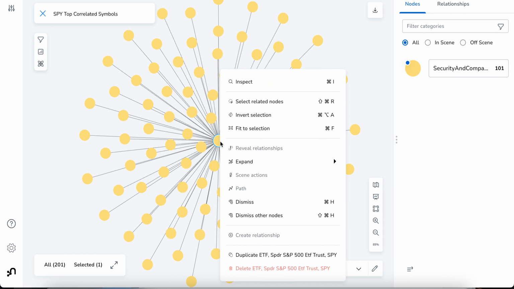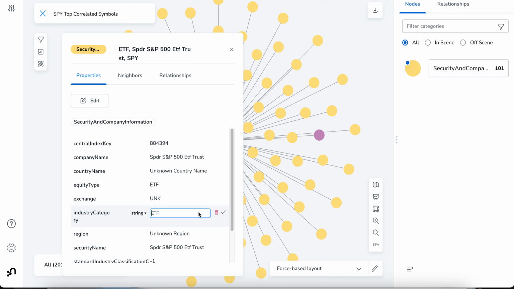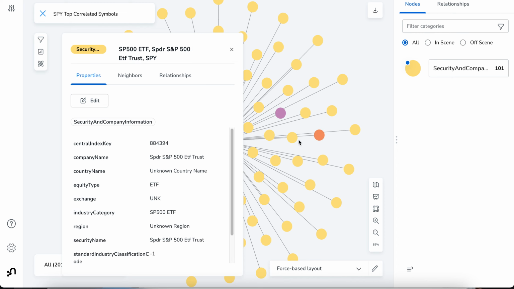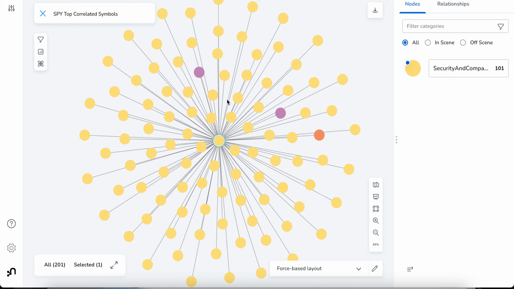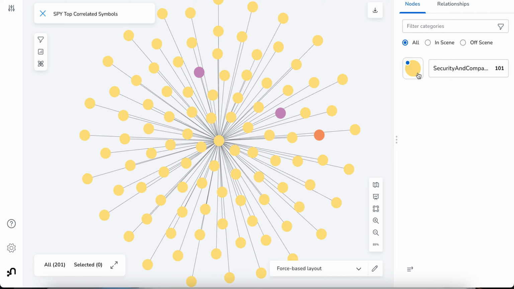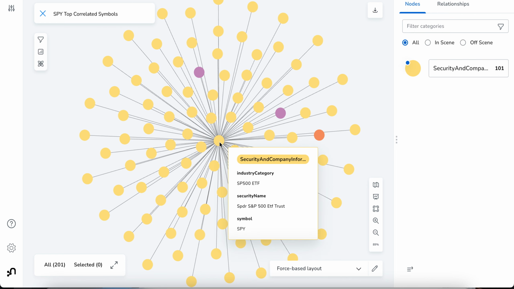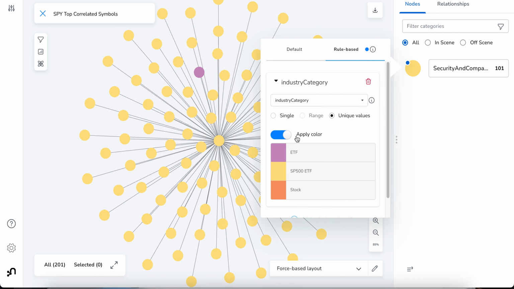And because it's so special in this analysis, what I'll do is I'll actually give it an industry category of its own. Well, let's call it SP 500 ETF. And that will just give it a different color. Okay. Yeah, industry category is SP 500 ETF. So let's see if the rule-based